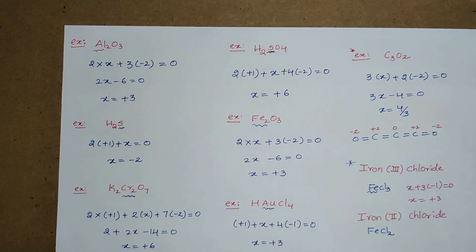This is about the concept of oxidation number. Here we only need to concentrate on how to calculate the oxidation number of an atom in a given molecule. Knowing the oxidation state, we can easily understand redox reactions and how many electrons are transferred from one species to another, and another important aspect is balancing the redox reaction. In all three aspects, the oxidation number concept is useful. Without knowing the oxidation state, we cannot easily understand those concepts. So practice more examples of how to calculate the oxidation number of atoms in different molecules. Thank you.